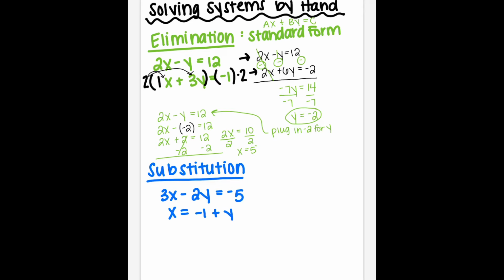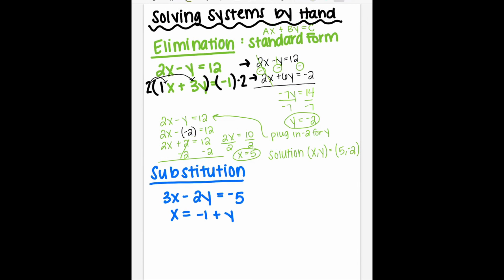Divide by 2, so x equals 5. So we have our two pieces of the solution. The solution is always a point. Our solution is always x comma y, a point. So our solution is